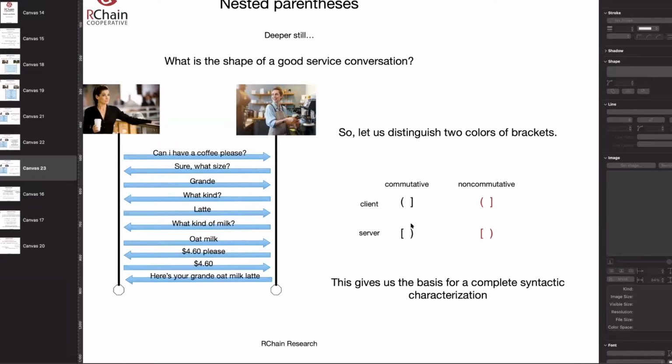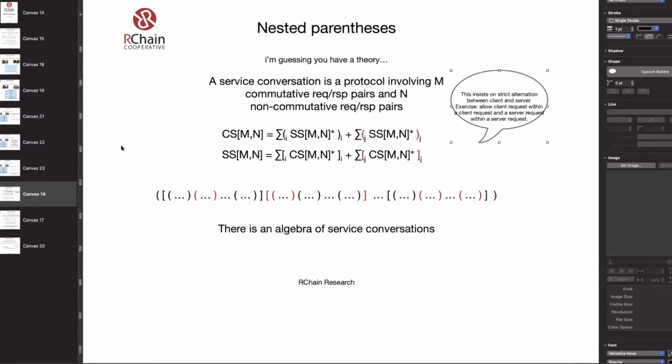And this gives us a basis for a complete syntactic characterization of service conversations. So in particular, a service conversation is going to be a protocol involving M commutative request response pairs and N non-commutative request response pairs.